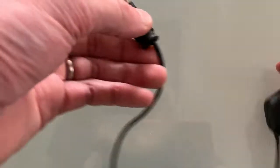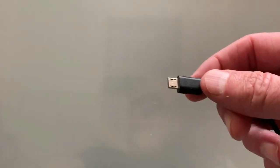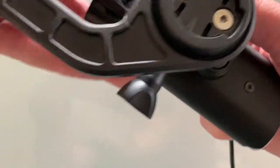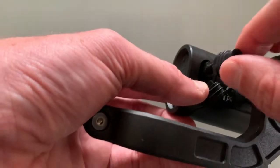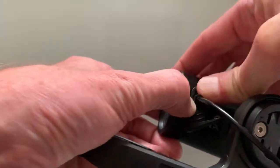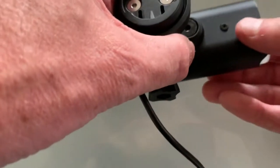And what's really cool is you've got this plug that also makes sure it's still watertight. So here's the port just underneath. Plug that in like so, and then that just fits over the top, keeps the water ingress out, and then